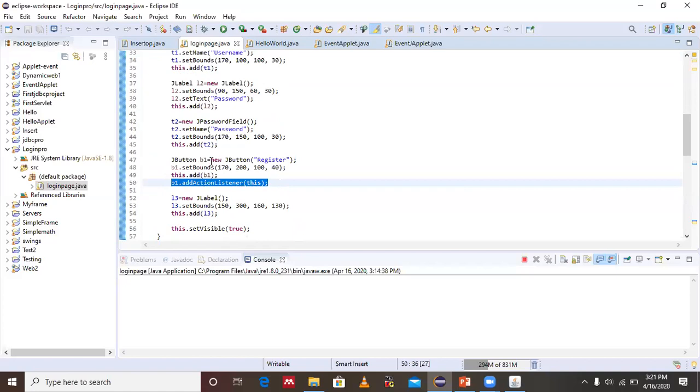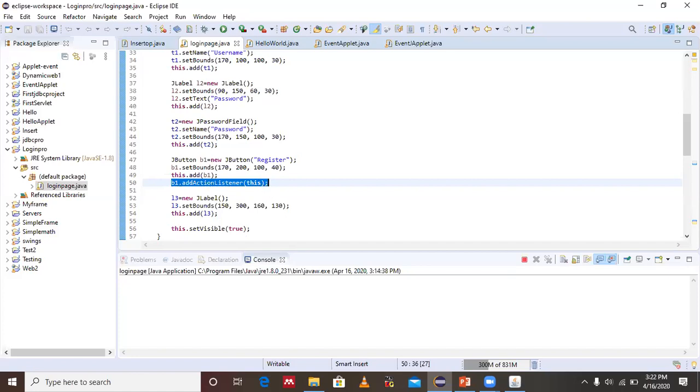Immediately after creating the button, you say b1.addActionListener. b1 is our button object, and you have to pass this. This is nothing but the current component, the current instance of the frame. So we have to pass this, the login button's current instance. So b1.addActionListener(this).